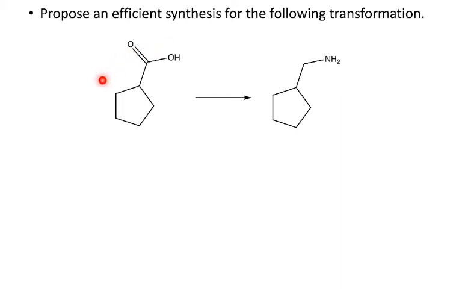So I'm starting with this carboxylic acid, and I want to convert it into an amine. Now, I don't think we've learned any reactions to convert carboxylic acids directly into amines, and when I think about reactions from this chapter that can make amines, I know that I can get there by reducing an amide. So if I can get to an amide, I can get to this final compound. I don't know how to go directly from a carboxylic acid to an amide, but I do know how to convert a carboxylic acid into an acid halide, which I can then convert into an amide, which I can then reduce into the amine. So if we think about working backwards,